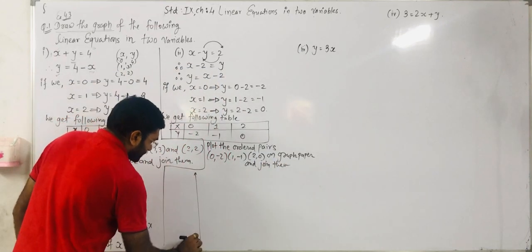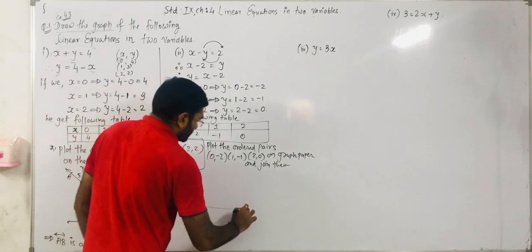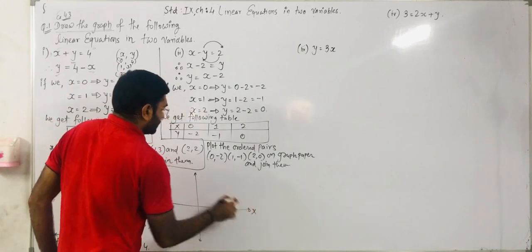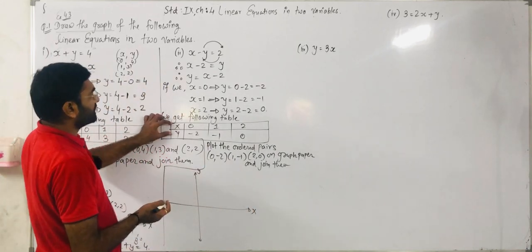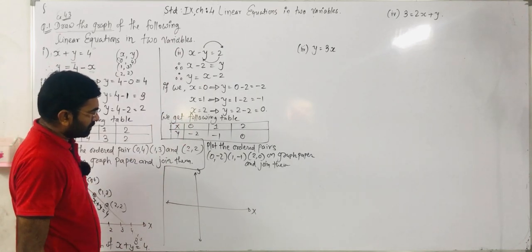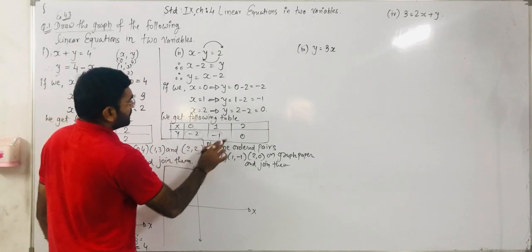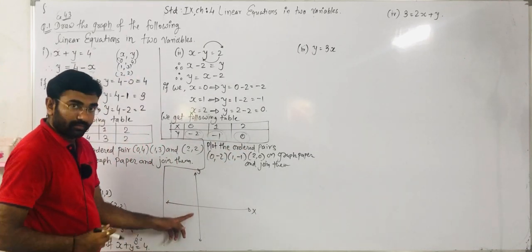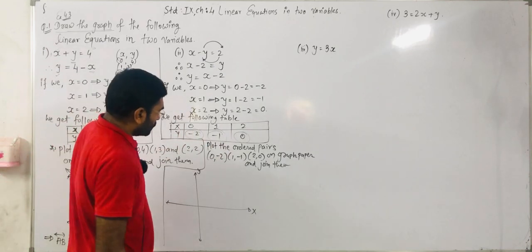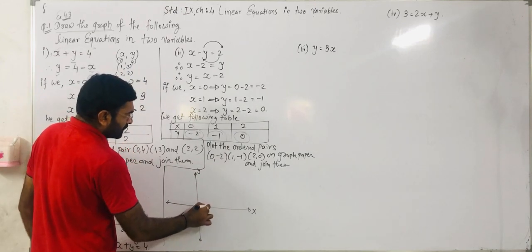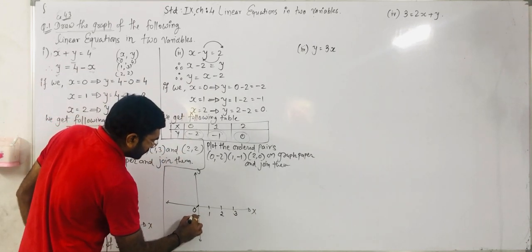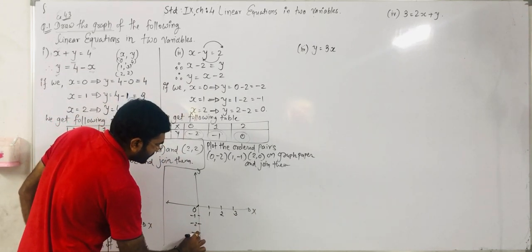So here I represent the x axis and this is the y axis. Remember that thing: from the x and y axes you have to write your coordinates, meaning your axis number values. On the y axis we require negative values, so that's why here I draw the points below, on the negative y axis. On the x axis 0, 1, 2 means positive values are required, so 0, 1, 2, 3. But on the y axis we require negative values: this is minus 1, minus 2, minus 3.